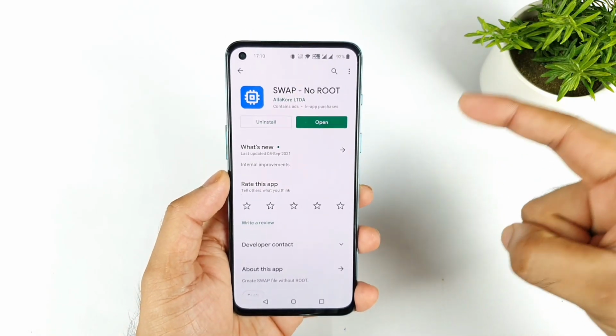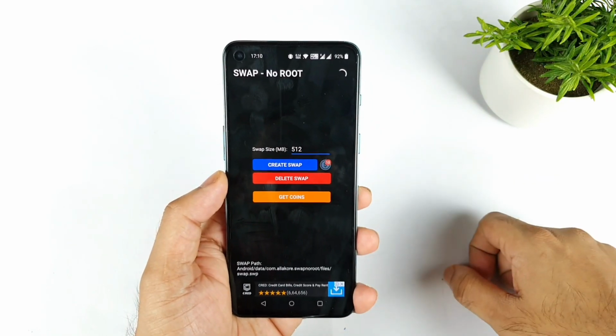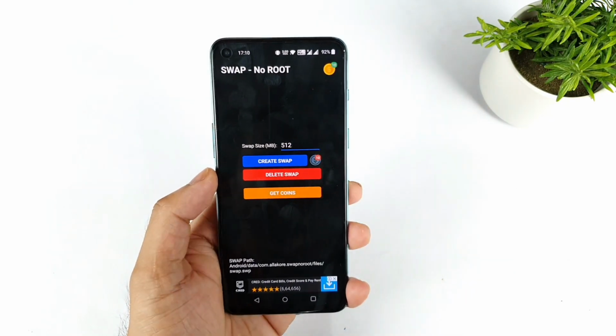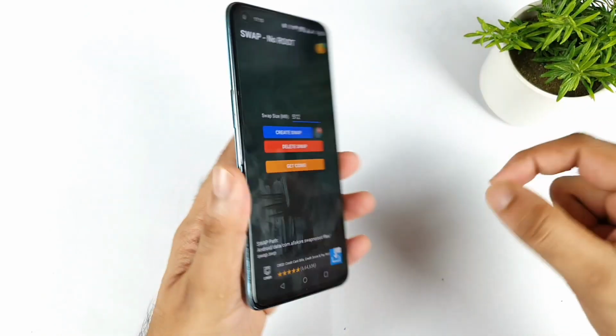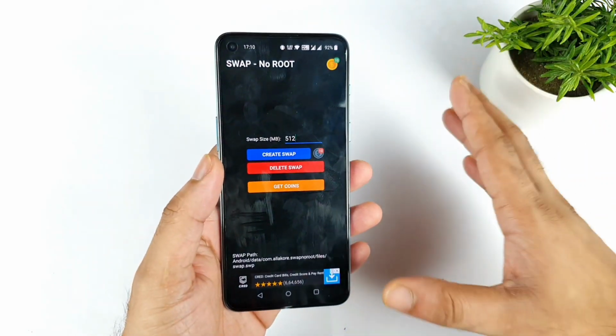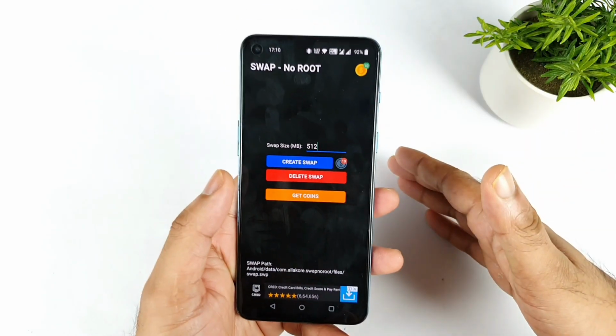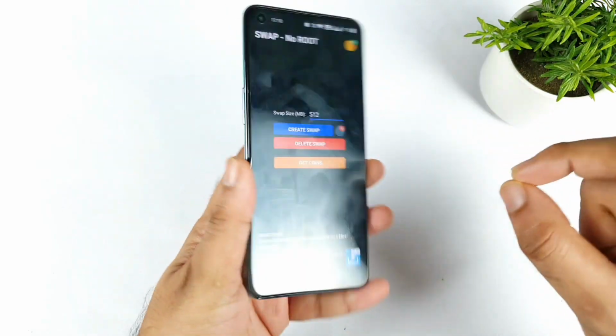So first you need to know about this application. What is the application importance? Once you install and open the application, you can actually create something similar to external RAM capabilities, like virtual RAM. Yes, you can actually boost that RAM, but let's see in real life, is it working or not in the OnePlus Nord 2 device. But I think low-end mobile phones can definitely take advantage of this one. I'm not sure exactly whether in the OnePlus Nord 2 this will work out or not.